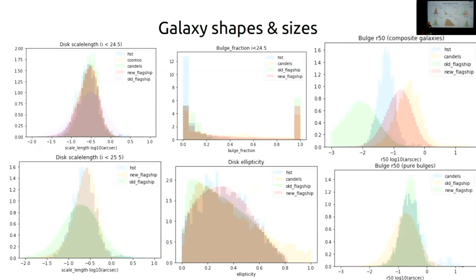Different people work with different assumptions on how they deconvolve things, and so in the end we are kind of in between what candles does for Sersic indices and an analysis of the Brits that had a different way of separating components. And then there are distributions of scale lengths and ellipticities and a lot of things.